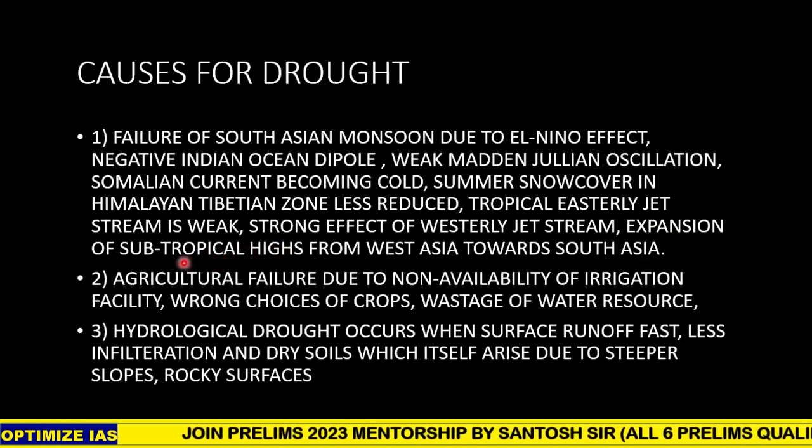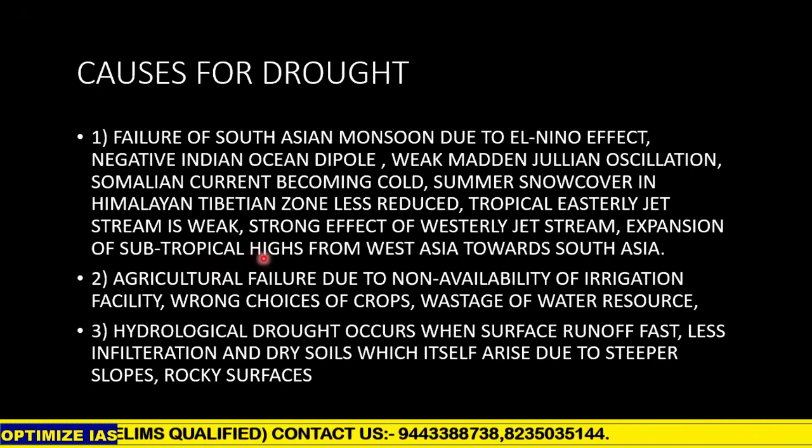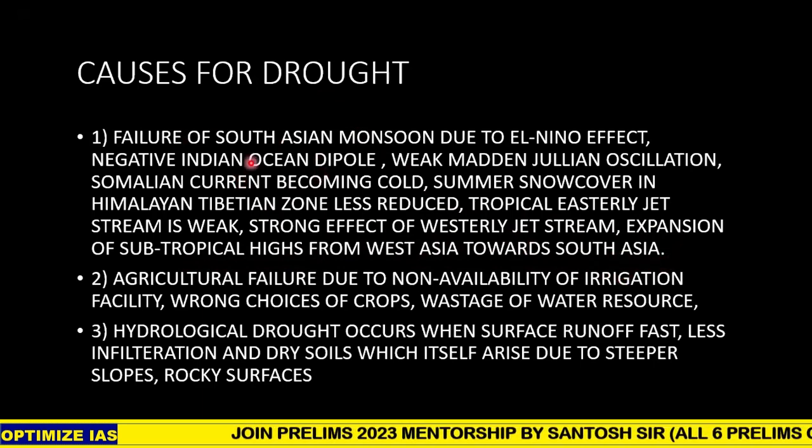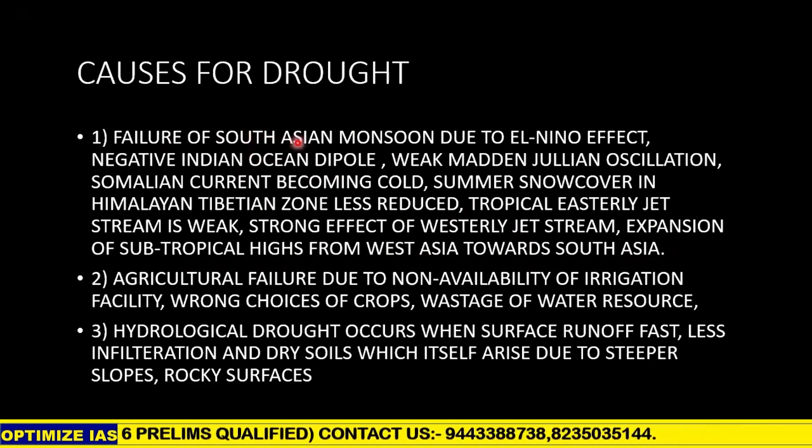Even the western part of India is close to West Asia. West Asia has a subtropical high pressure subsidence area, and that has been extended towards South Asia too. That means expansion of subtropical high pressure or anticyclonic condition from West Asia towards South Asia. As a result, drought or desertification has been spreading towards South Asia more and more. All these reasons climatically are responsible for weakening or failures of the Asian monsoon.